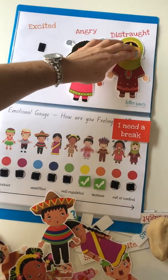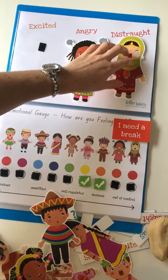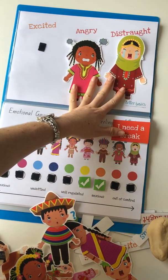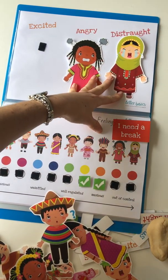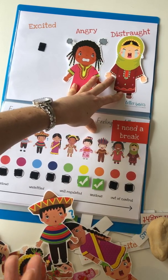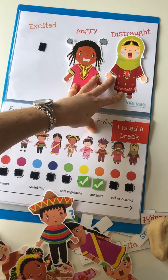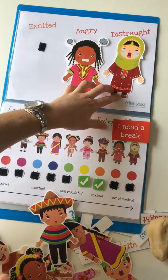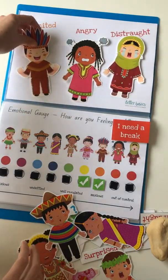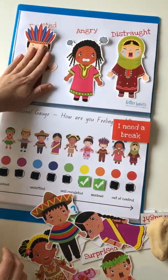There you go. Here, I wouldn't necessarily use noise or talking. At these two stages, you're beyond reasoning, which anyone with a toddler is going to know. Yes, you can yell, scream, carry on as much as you like, as much as they are. No one's going to get through to anyone. You have those discussions later. Excited, I've put close to angry and distraught because it comes with that